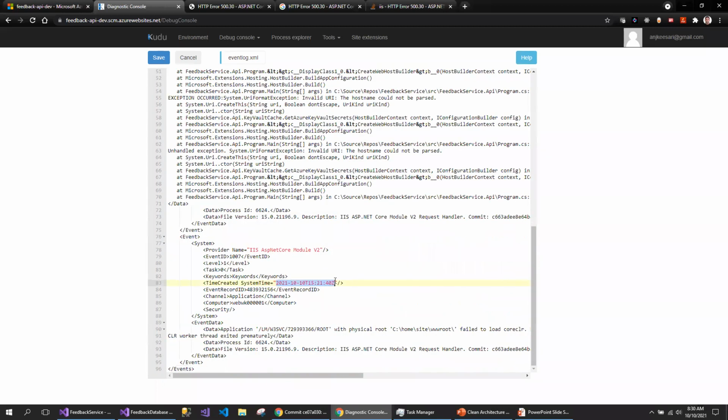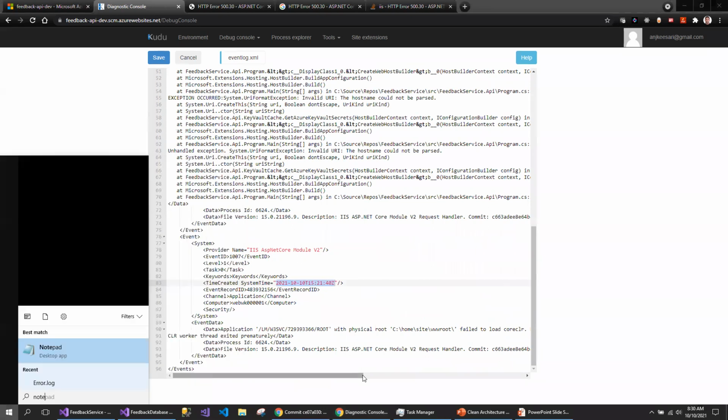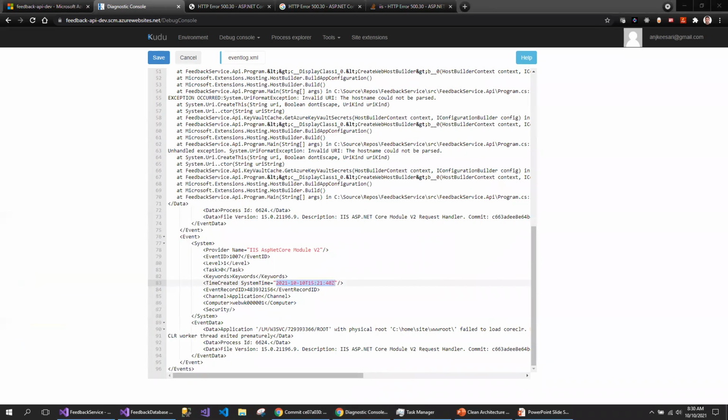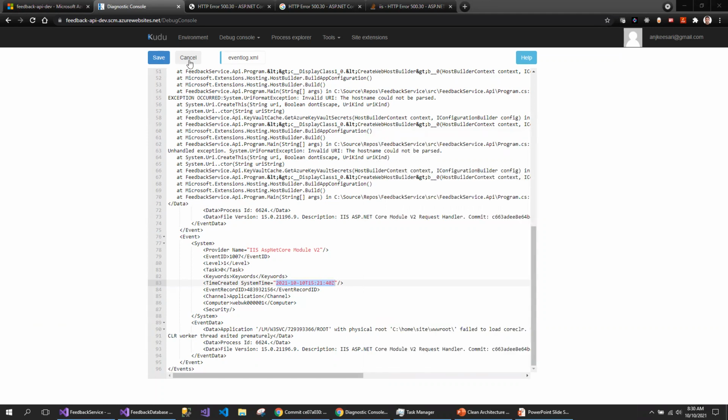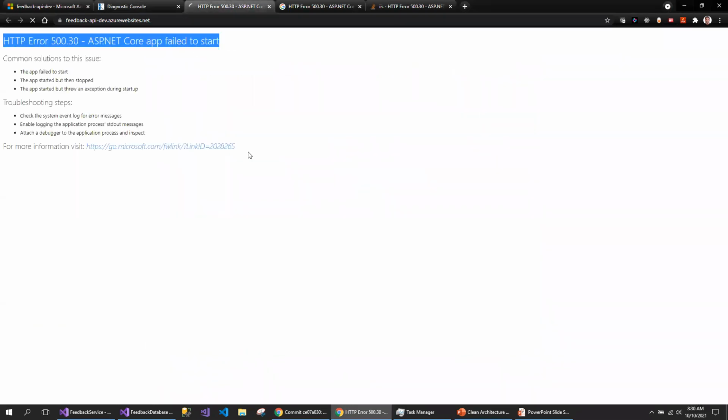I'm going to track this time, which is 15:21 UTC. Let me note it down somewhere. This is the last error I got. Now I'm going to refresh this page and see the next error, if it is connected to the Azure Key Vault from the appsettings.json file.